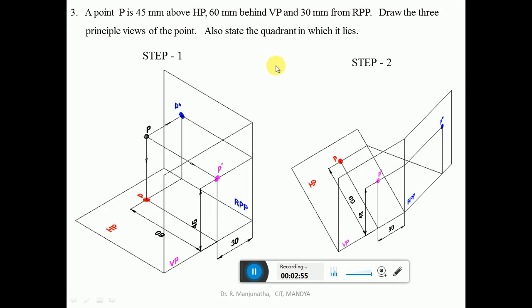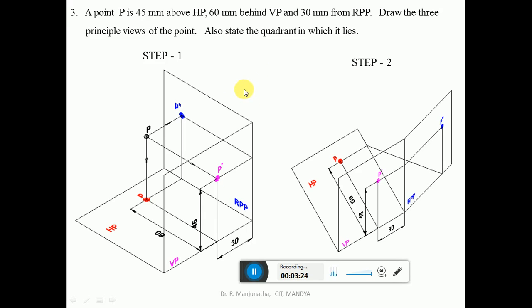So it should always satisfy the condition of the front view. That is because the profile plane will always be aligned with the vertical plane. We can see here also, the profile plane is aligned with the vertical plane. So it should satisfy the condition of the vertical plane or the front view. When the observer is from the front, the plane is between the object and the observer. So that condition is satisfied.